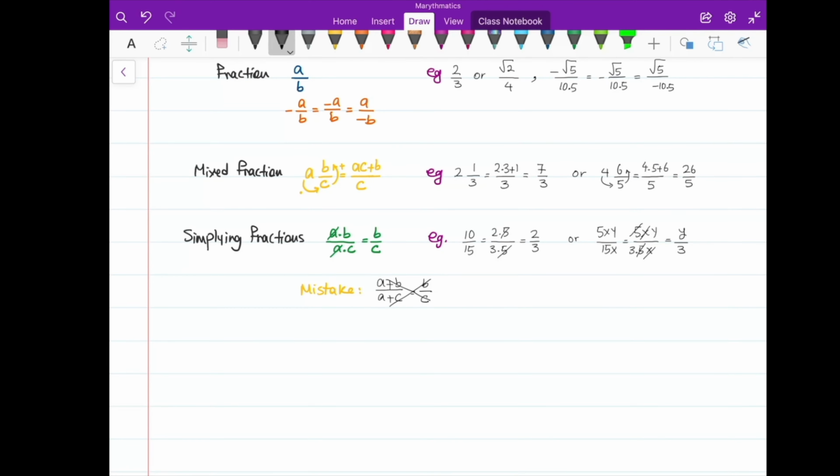Okay. As an example of a mistake that some students make, for example, we have a fraction 5x plus 3 over 3x. Okay, so they make a mistake and they cancel these two and they write 5x over x. This is completely wrong. It's just because I have a plus sign in here between these two, so that's why I cannot simplify it like that. So let's talk about